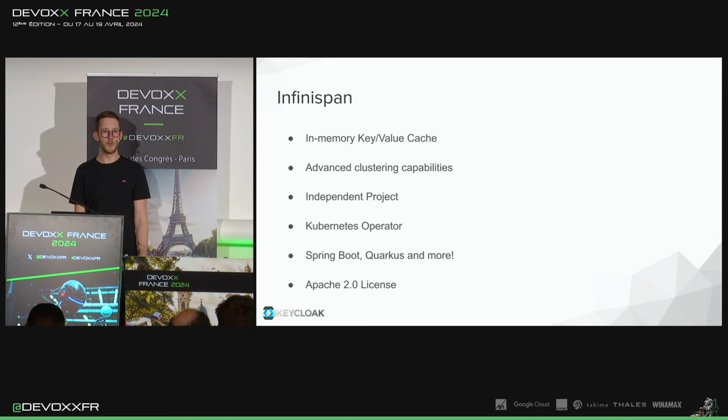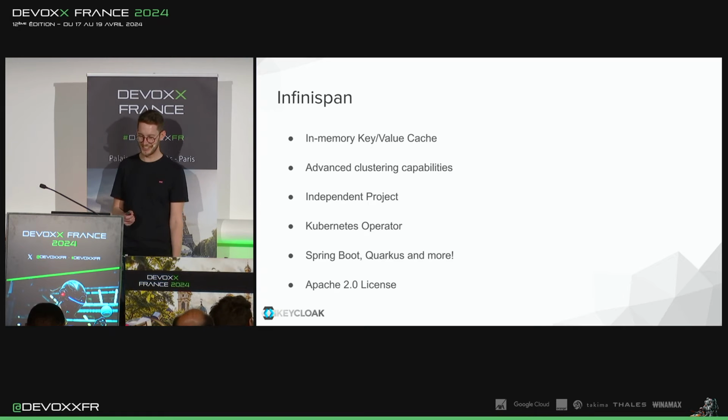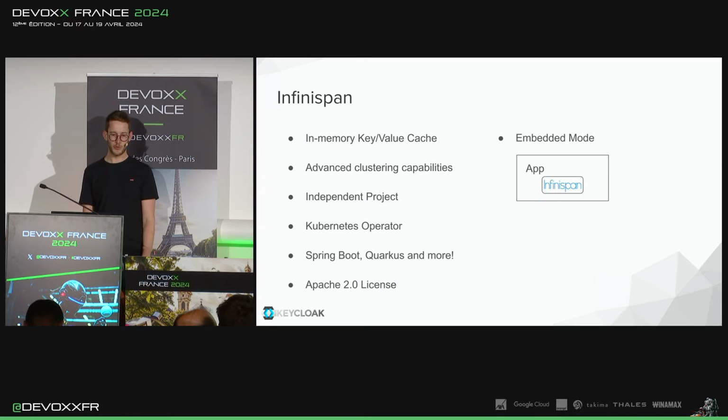Unlike some other popular caching solutions out there that have been in the news recently for license issues, it's Apache 2 licensed, and it won't change. That's always going to be the case, and we're proud of it. So back to Keycloak. Previously, I was saying we were using embedded Infinispan.